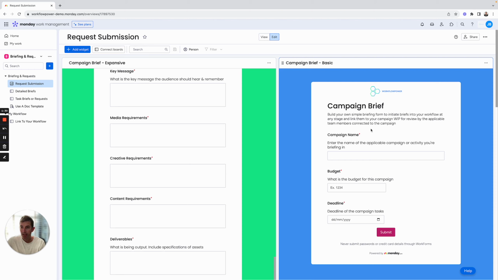Now, what I've done here is I've set the requester automatically. I've also set the brief date to whatever day it is, and then through an external integration that lives in the app marketplace, we're able to turn all those questions into a pre-formatted PDF. So you can see my expansive request here. If I open this PDF up, what it's done is it's put all those answers that I've populated in that